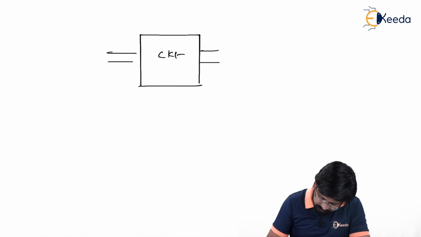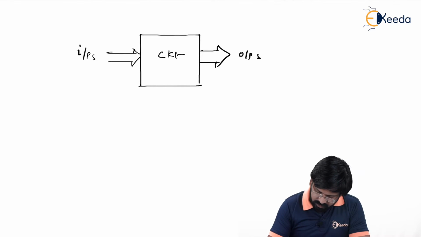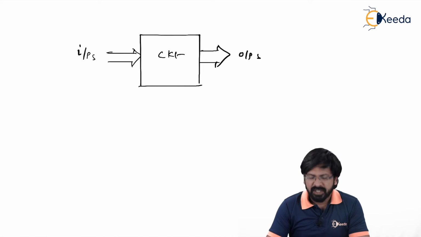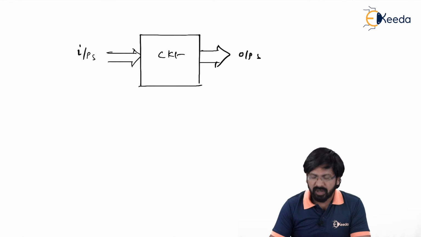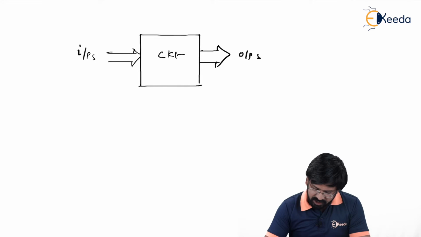So let us understand what is meant by triggering, what is the need of triggering and how do we apply this triggering. Let us assume a particular circuit or a device which has a set of inputs and a set of outputs. It is very convenient to understand that if these inputs are changed, outputs are bound to change because outputs are a function of inputs. So inputs are given, it is processed by the circuit and output is given. Now even though the input is given, I want that output should be reflected into another output.